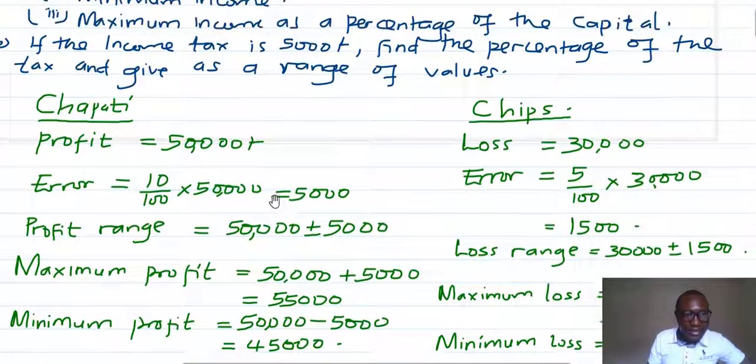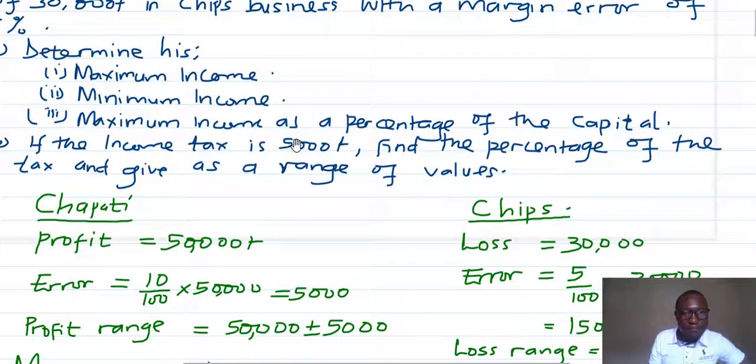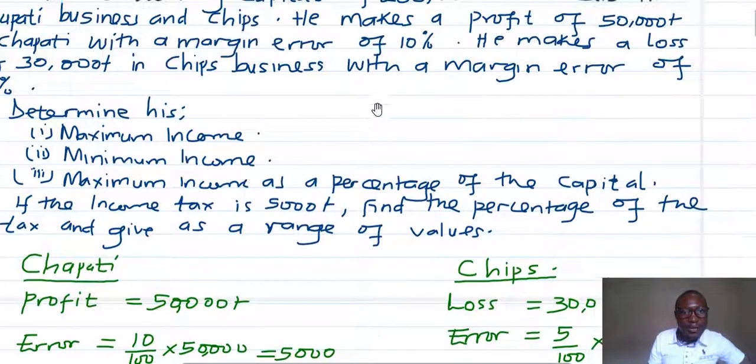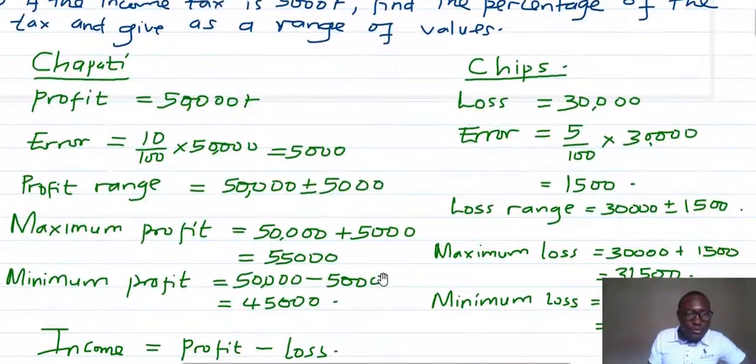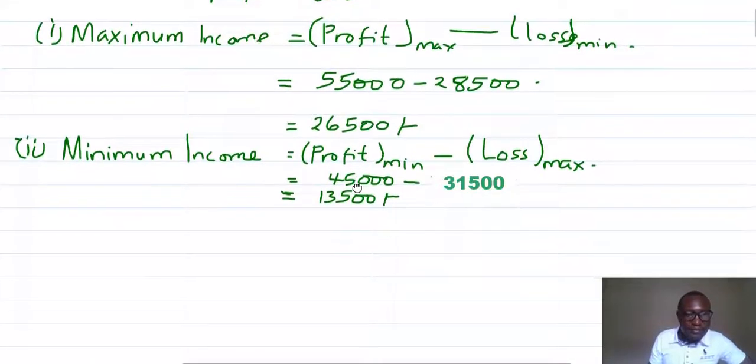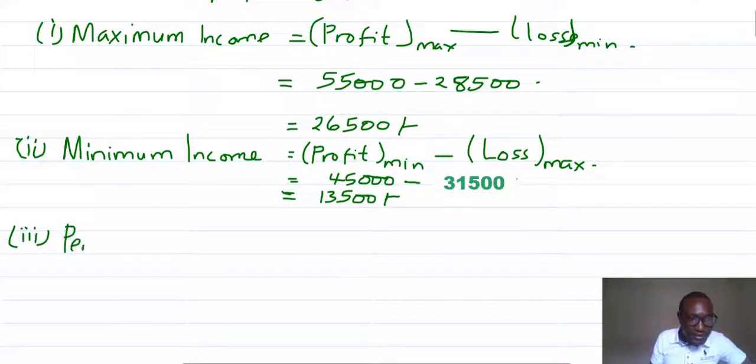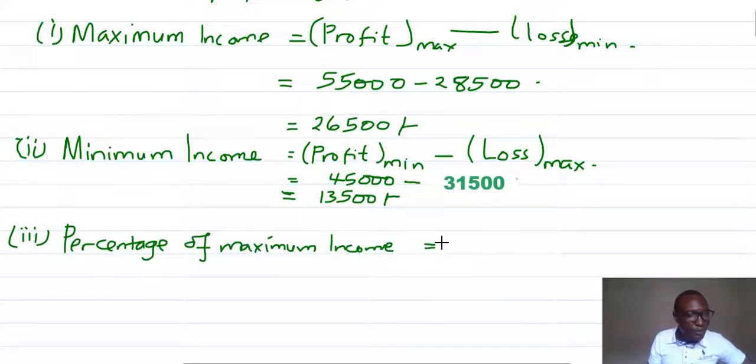Roman numeral 3, maximum income as a percentage of the capital. Our capital, John has a working capital of 200,000. So let's go to Roman numeral 3 there. You need us to find the percentage of maximum income. This here is equal to, maximum income is